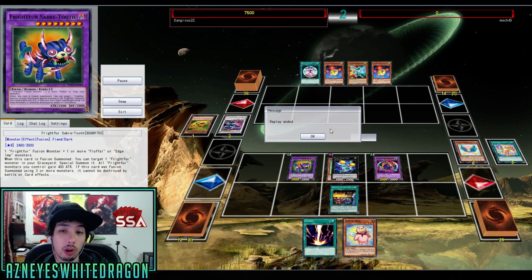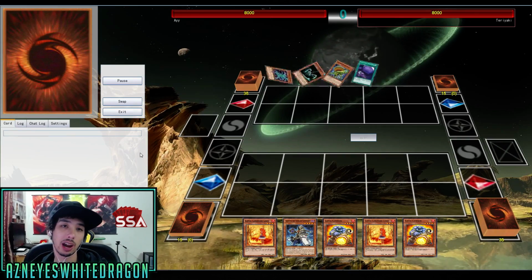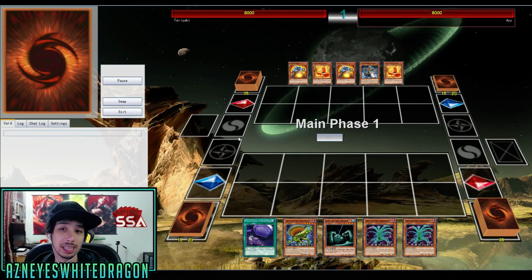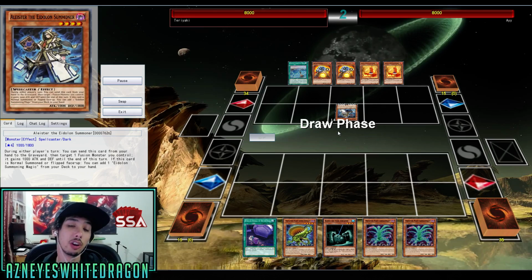So you can game your opponent really quick in Fluffals. If you're into OTKs, that's definitely for you. But we got a replay of the new Predator Plants in action. The guy's playing Fluffals. It doesn't really matter what your opponent is playing because the new card over here for the Predator Plants is oriented around